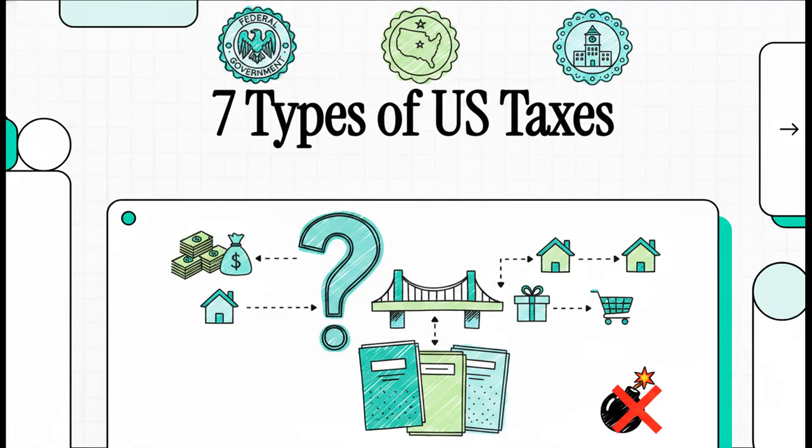U.S. Tax System for Accountants, Section 2 of 7, the 7 types of U.S. taxes. Welcome back to The Explainer. In our last session, we laid out the overarching 3-level tax architecture. Today, we're taking that broad blueprint and bridging the gap to the practical reality of what you're actually going to